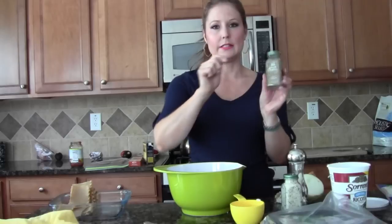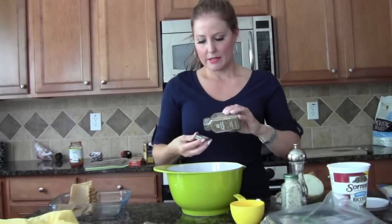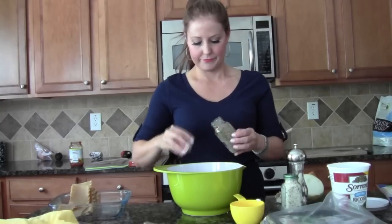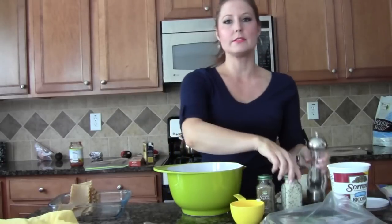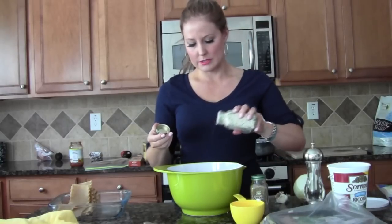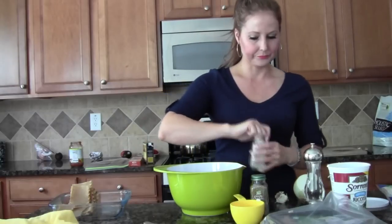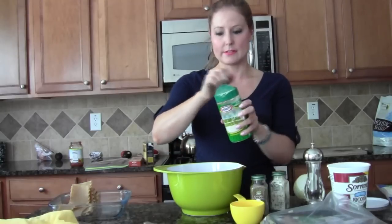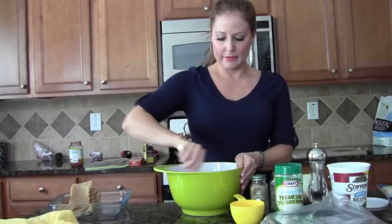And I'm going to add some Italian seasoning. I don't know, just eyeball it. That'll give the ricotta cheese some flavor. I'm going to add some pepper. And instead of regular salt, I'm going to use garlic salt. Just be careful with this stuff because it's really strong as far as saltiness. I'm just going to put a bit of that in there. I'm also going to sprinkle a little bit of reduced fat Parmesan cheese. Put some of that in there. And then I'm going to mix that all up together